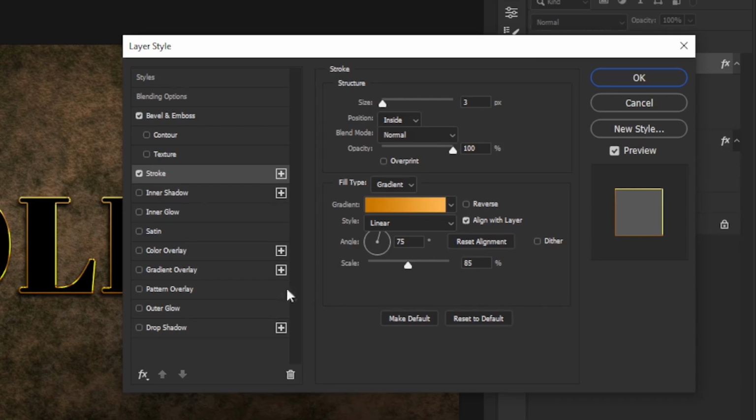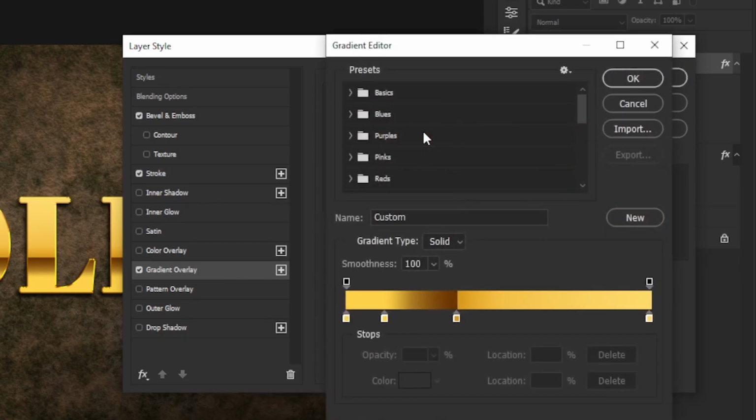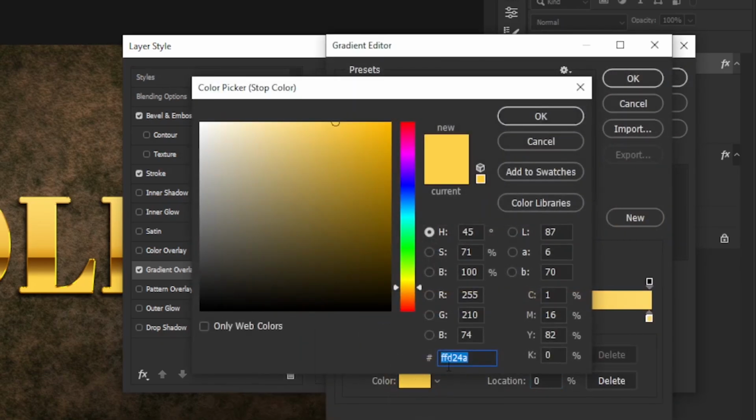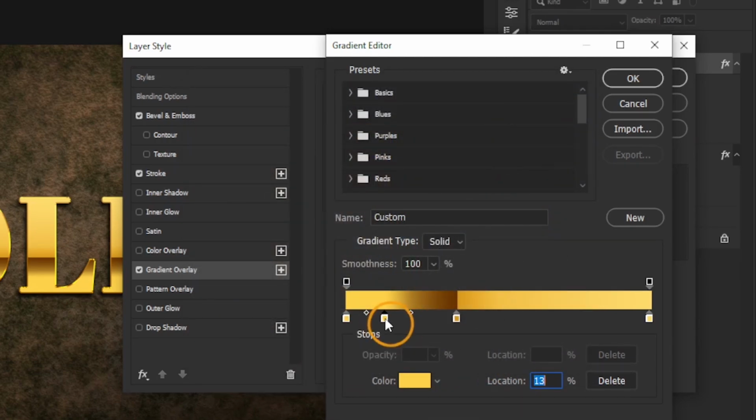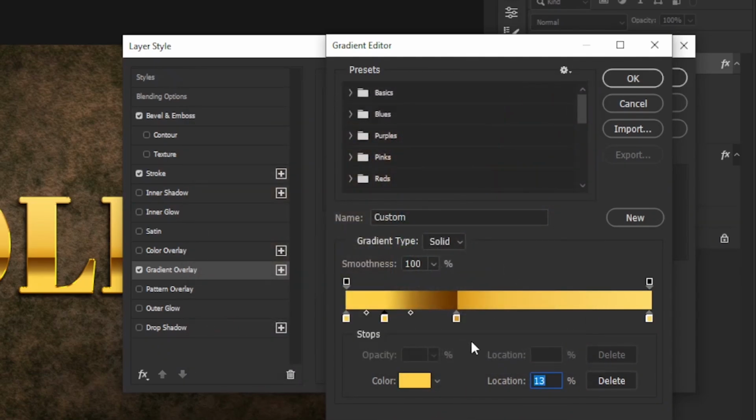To enhance the golden effect, we'll make it look like it's reflecting colors. To do this, activate the gradient overlay and use these settings. For the gradient colors, set the first color stop at location 0 with the color FFD24A. The second color stop is at location 13 with the same color FFD24A. The third color stop is at location 36